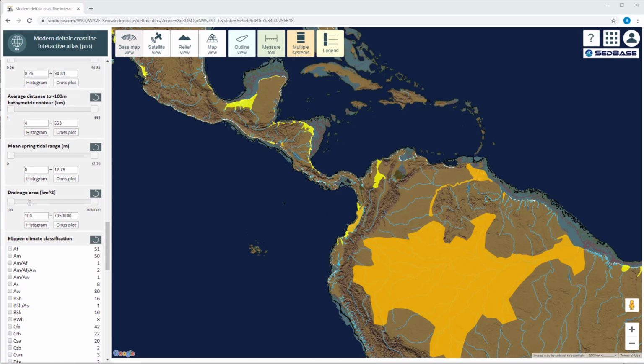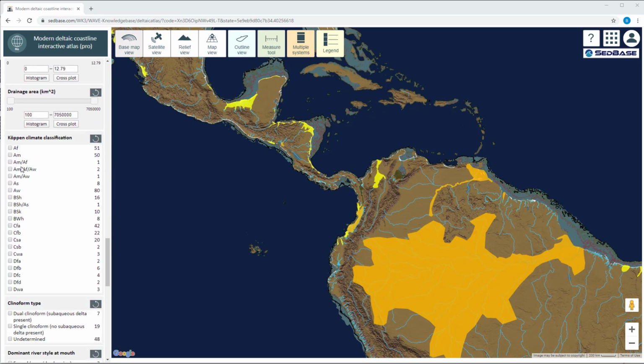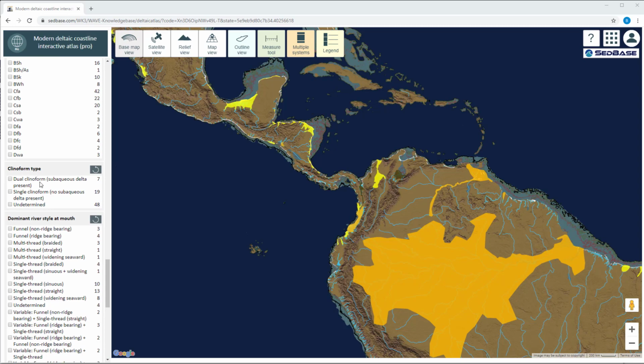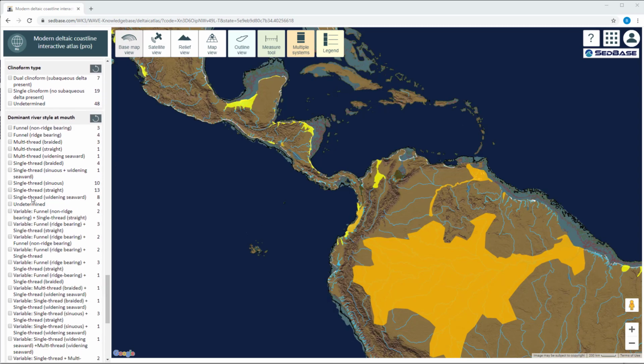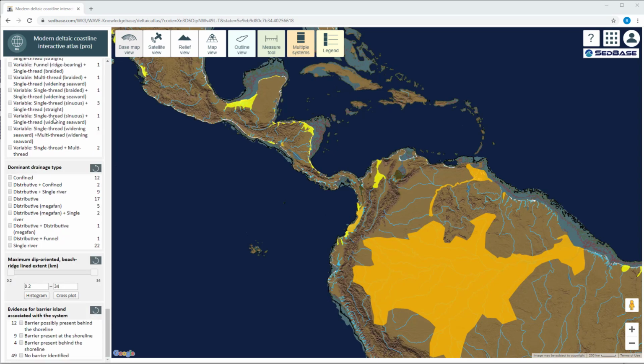In addition to that, we can look at drainage area as a filter, or you can use a climate classification as a filter. So as you can see, you can refine your queries a fair bit in terms of analogs. We have a filter which have a few systems which give examples of single or dual cline forms seaward from the shoreline. You can query by dominant river style at the mouth, so we have a big list of selections